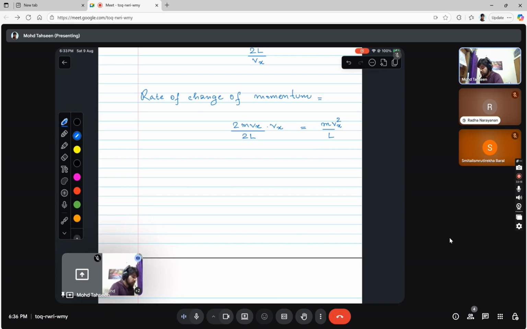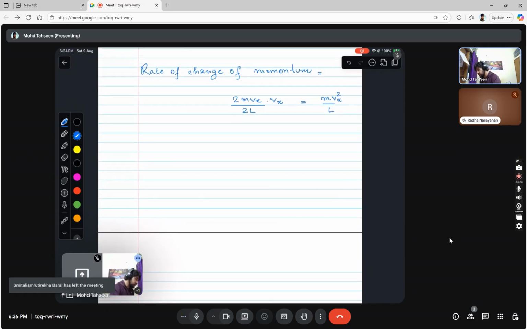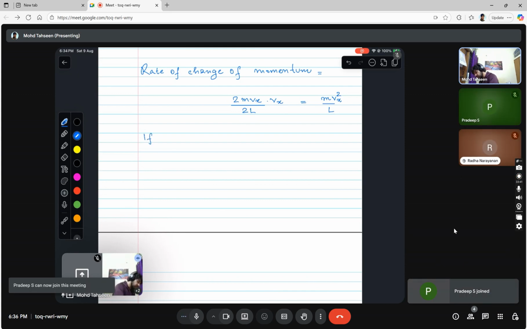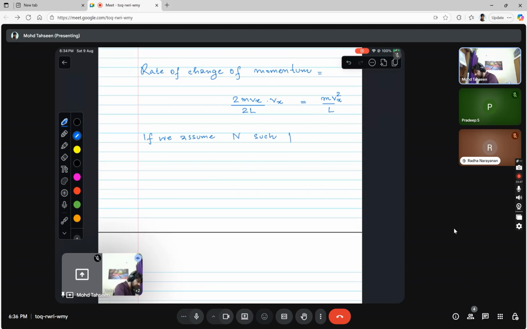So this is the rate of change of momentum, and now this would be the force experienced by this wall. That's what Newton's second law tells us. Now this force is being applied by just one particle, right? And if we assume that there are n such particles,